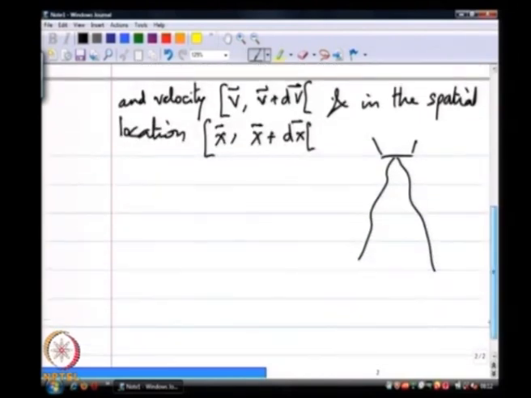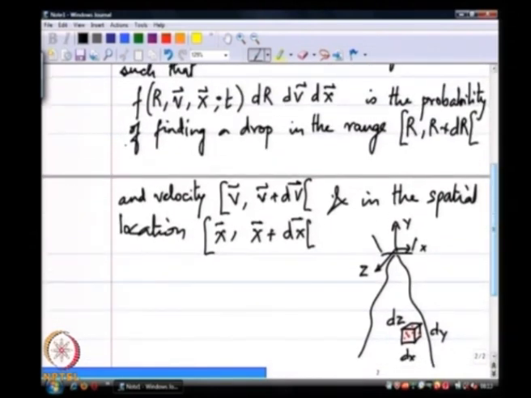If I take a spray and I will plant my coordinate system, since we are now talking about a real physical system and modeling a real physical system. If I take a tiny volume element and imagine there is a bunch of these drops inside here, then this probability density f of r comma v comma x semicolon t, t is time of course here, is basically given by the probability of finding a drop in the radius range